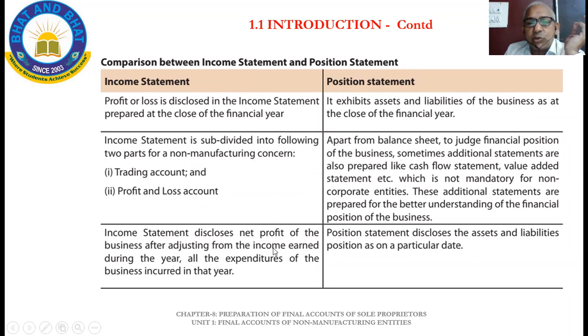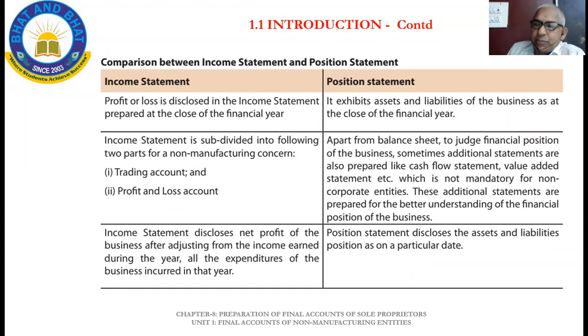And income statement discloses net profit of the business after adjusting income earned during the year. If any adjustments are there of the previous year, received this year, or received in advance for the next year, such adjustments will be made to show actual position or to reflect the real position of this year. This 12 months, what is done. For example, say rent. If rent is received in advance for the April month in the March itself, that April month rent received relates to next year. Hence, that will be deducted as advance income. One example. Like that it will be.